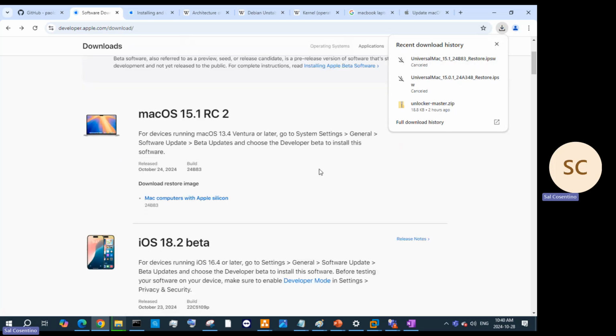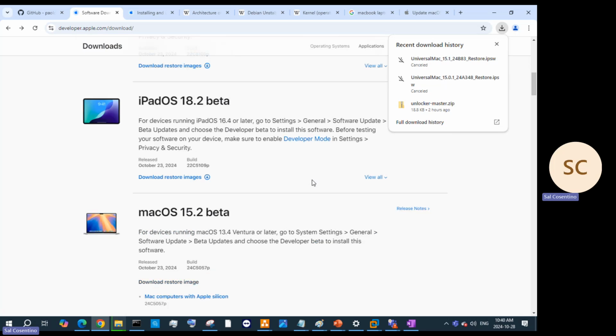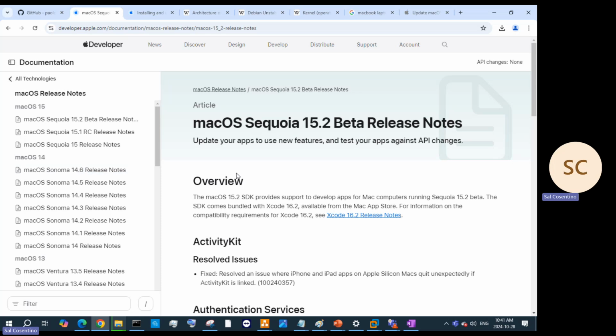Close that. If you want to install the beta software, just click on that. And again, the lower we go down, our beta 2, same thing. Mac computers with Apple Silicon. That was the 23rd of October, and its build is 24C5057P. If you want to know the release notes in your developer account, you can read up on the release notes